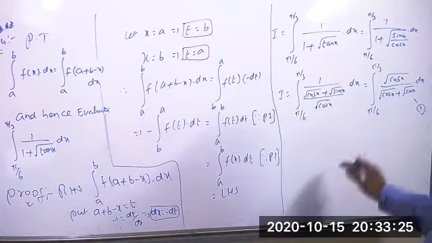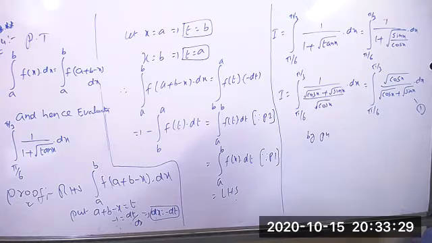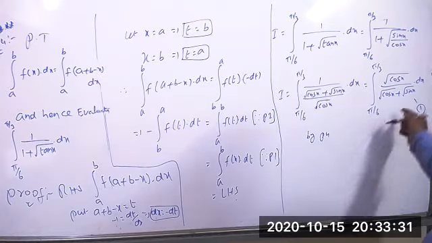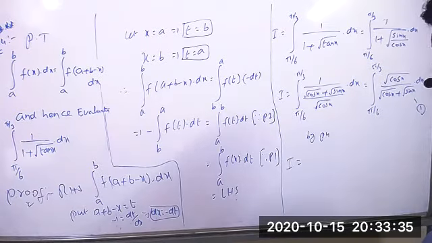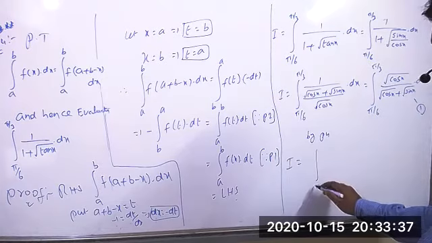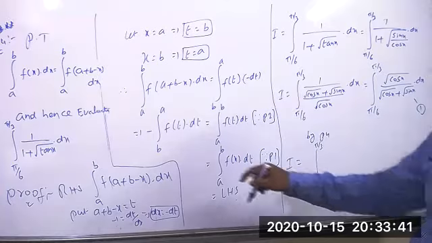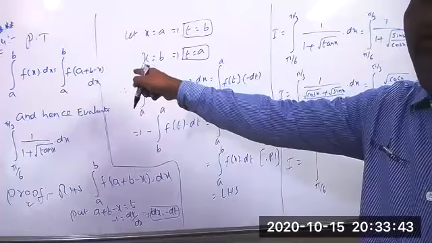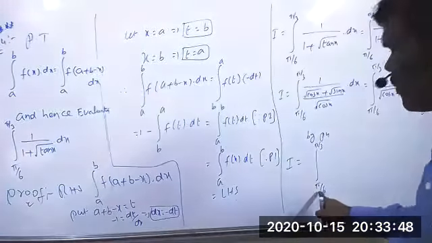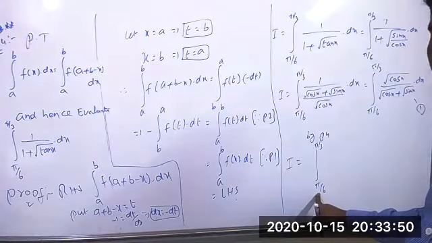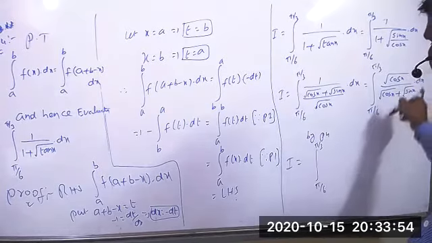Okay, now we can write. Now by property 4 you can write, by the fourth property, that means by P4, apply the property here. So the value of I equals integration of pi by 6 to pi by 3. What is the property? Integration of a to b f of a plus b minus x. In this case, the value of a equals pi by 6, the value of b equals pi by 3, and minus x as usual.